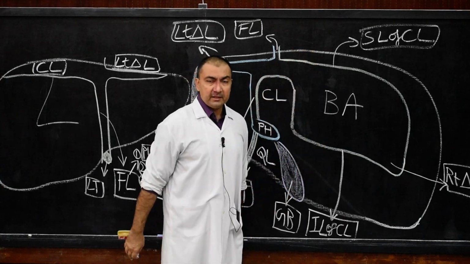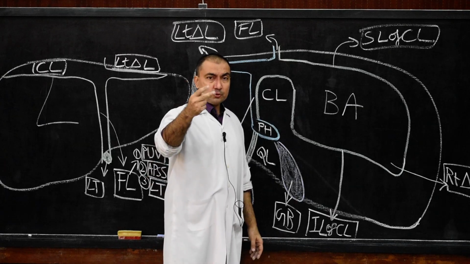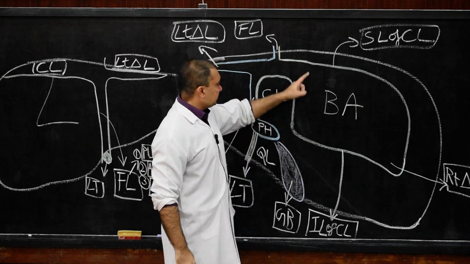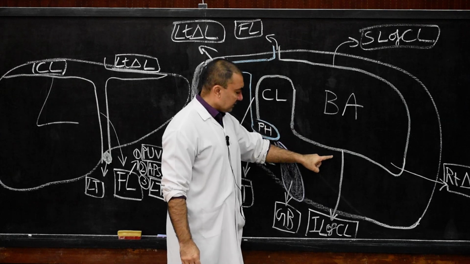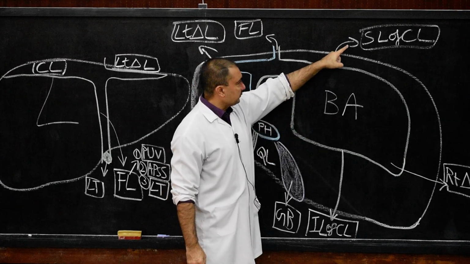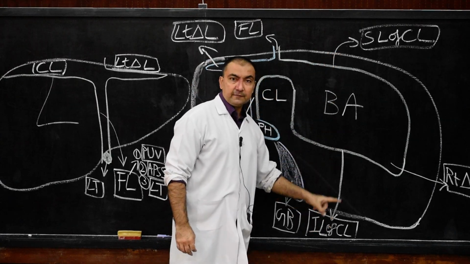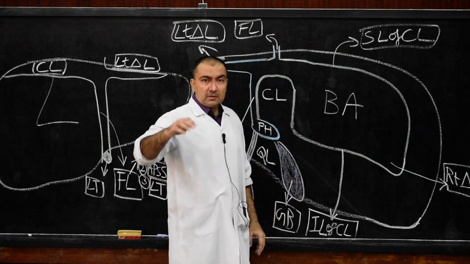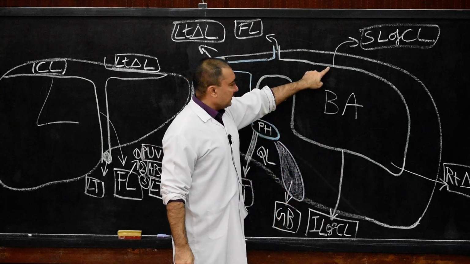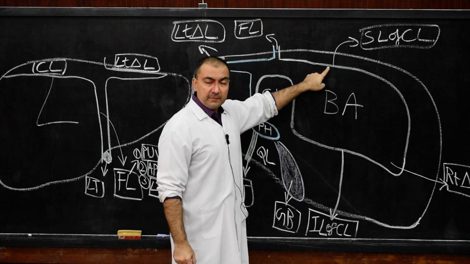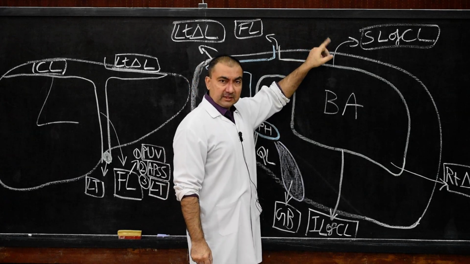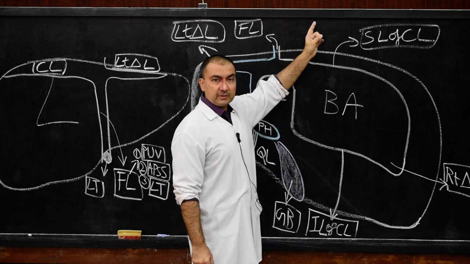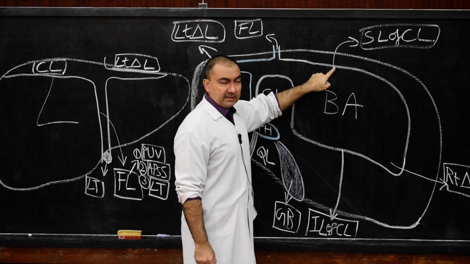So the coronary ligament will be split into two layers. It is double layered: superior layer of coronary ligament, inferior layer of coronary ligament. Already we have marked the superior layer and inferior layer. Now, the superior layer of coronary ligament will be the parieto-visceral layer because it will be attached to the parietes, that is the parietal body wall, meaning it is attached to the diaphragm, and it is attached to the liver.